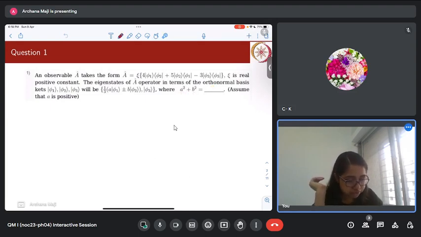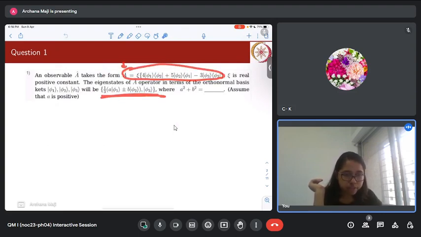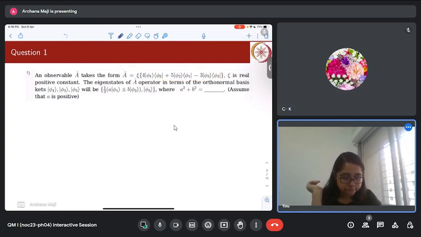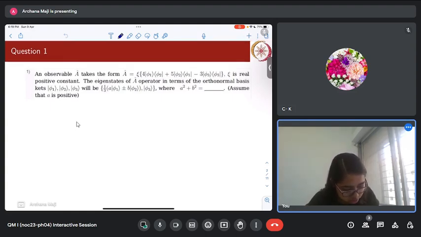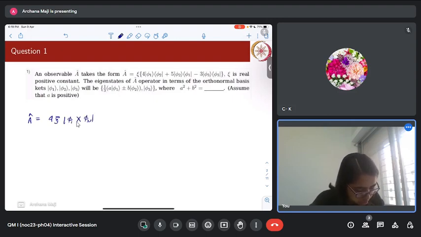So what is the first step? What do we do if we have an operator like this and we have to figure out the eigenvectors for that operator? We need to find the matrix form of that operator in this basis phi 1, phi 2, phi 3. So the A operator is 4 xi phi 1, phi 2 plus 5 xi phi 2, phi 1 minus